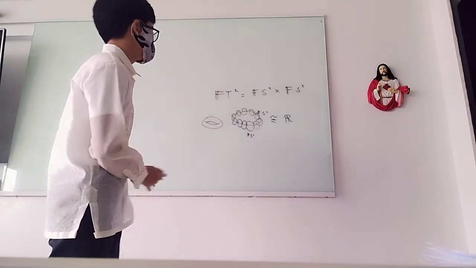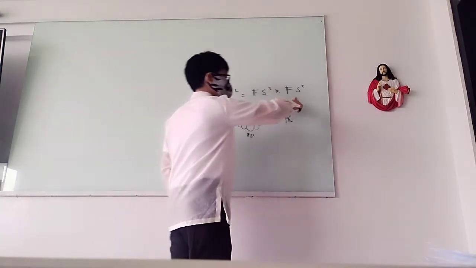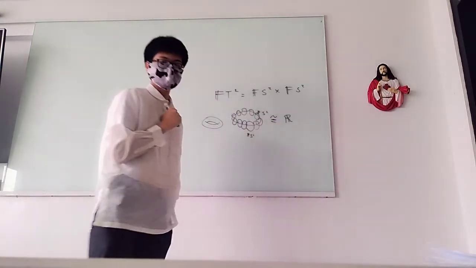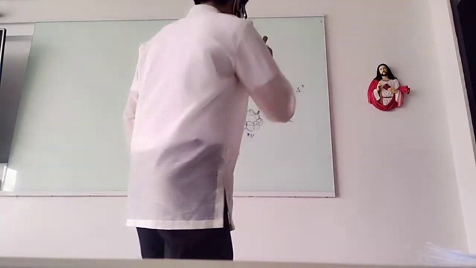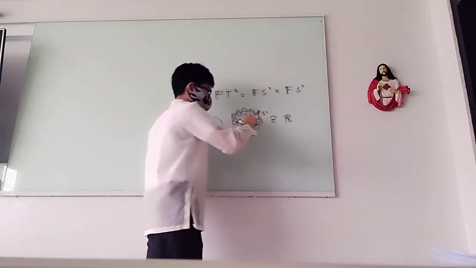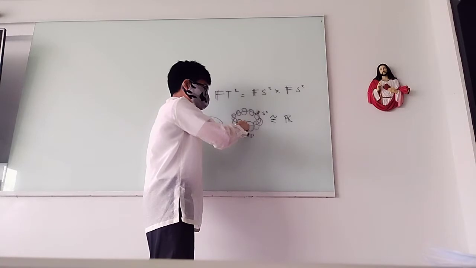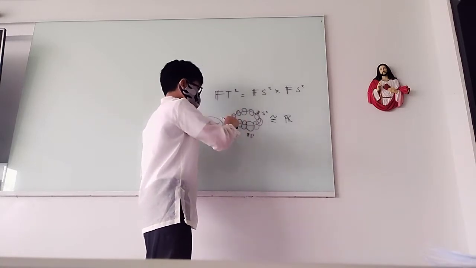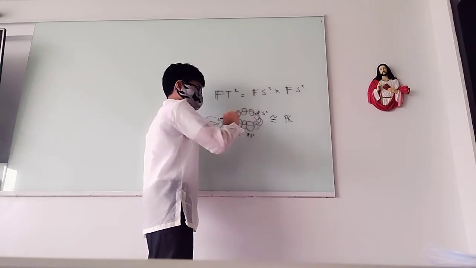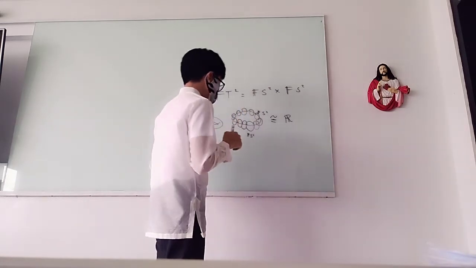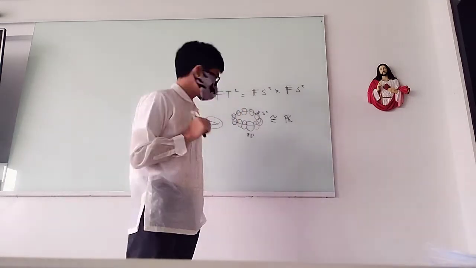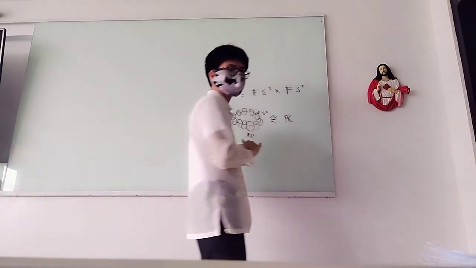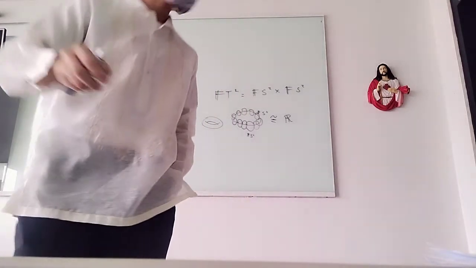That's why FS2 cross FS2 gives us a torus, because for every small circle, we attach it onto every point on this big circle. And so essentially this original FS2 that we attach points onto becomes the inside part of our Femboy donut. So